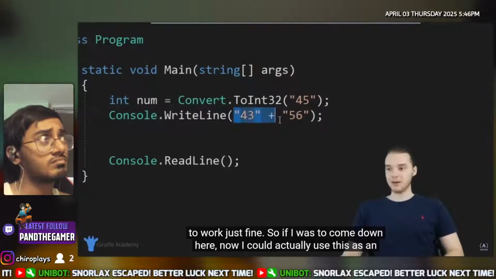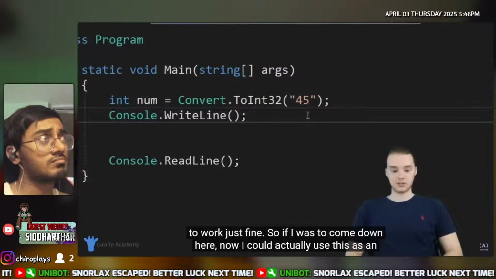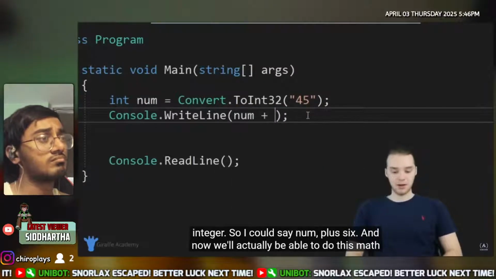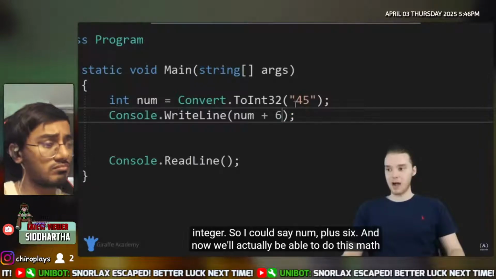So if I was to come down here now, I could actually use this as an integer. So I could say num plus 6, and now we'll actually be able